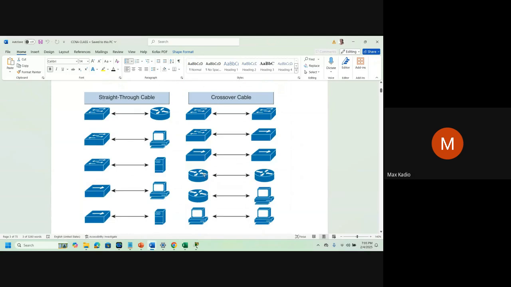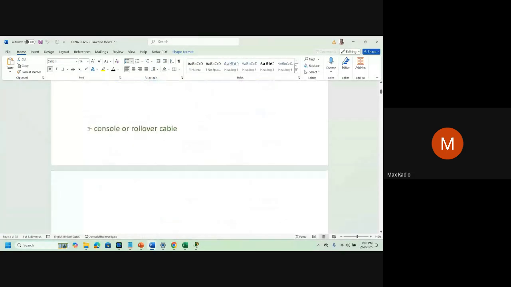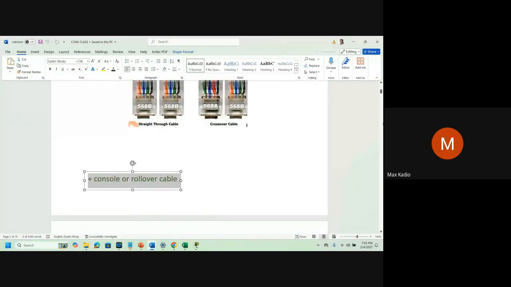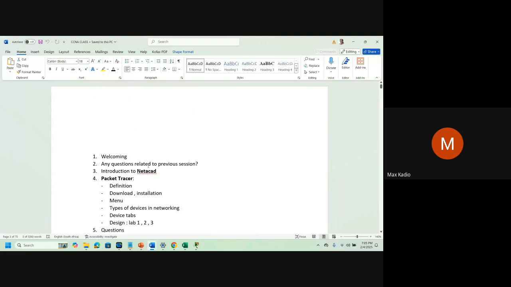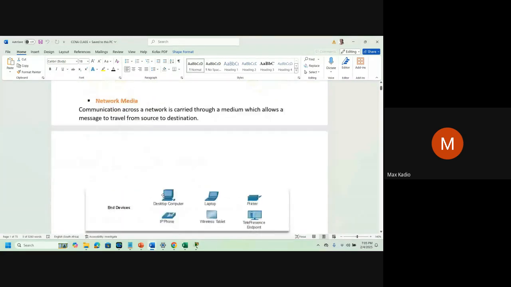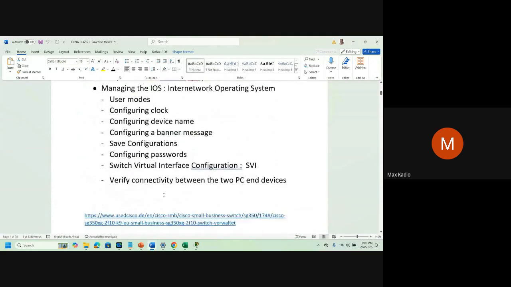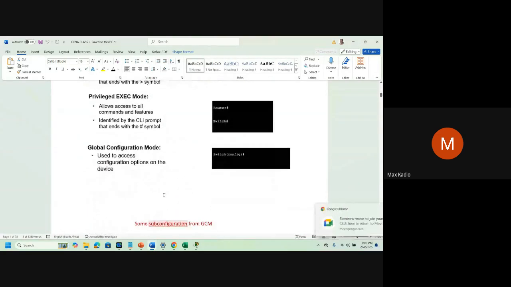If we want to connect a router to a router or a PC to a PC, we have three types of cables normally: straight through cable, crossover cable, and also a rollover cable or console cable. What I'm showing you now is CCNA 1, the first part. We go deeper later and explain step by step how to configure all these things.